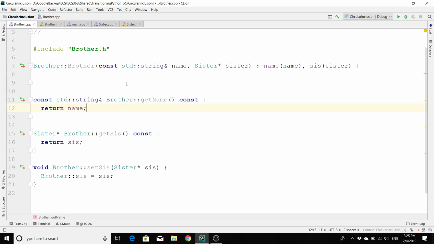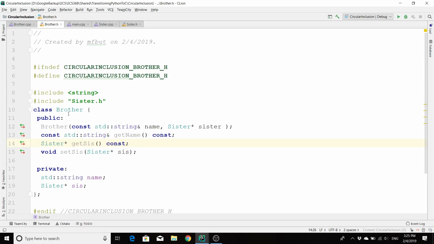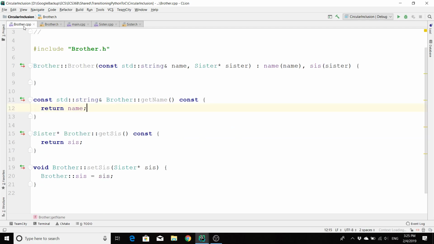So this is an out-of-class declaration, meaning it's not inside the class definition over here. Yeah, it's outside the class, right? Because it's not inside class Brother, right? But to specify that this function really is a part of the Brother class, it really should be inside Brother, so I say Brother::